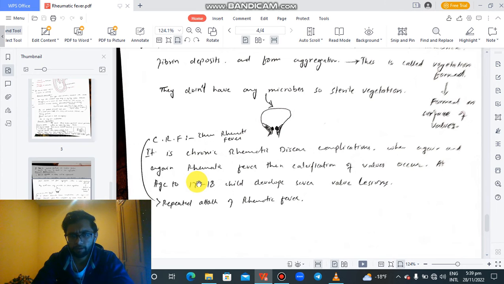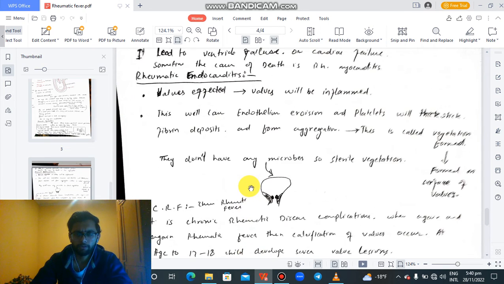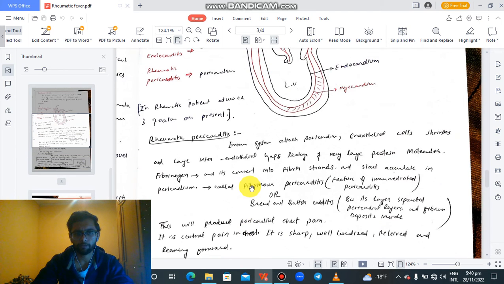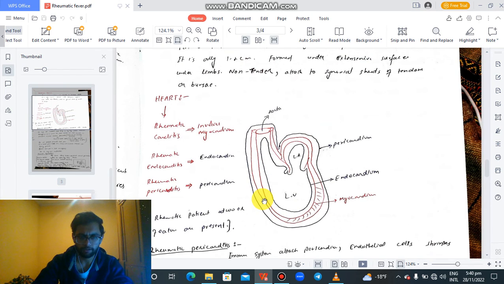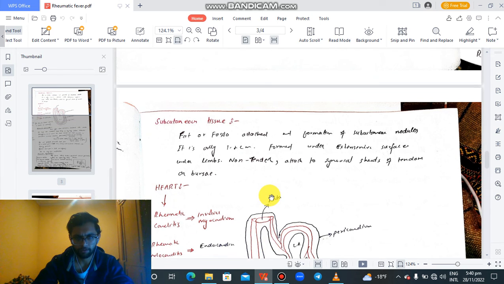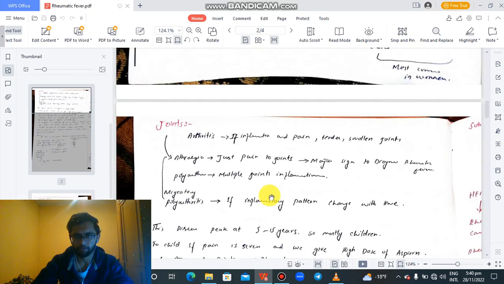If the patient is not treated, then rheumatic fever attacks again and again, which causes chronic rheumatic fever and damage to the heart muscles, leading to congestive heart failure. So this is the topic today. It is a brief introduction about rheumatic fever, what it is and what its complications are. We will discuss the most common complication, which is heart pathology. In cardiac pathology, we will discuss in detail rheumatic heart disease, including endocarditis, pericarditis, and myocarditis. Aschoff bodies we will obviously discuss in detail in rheumatic heart disease in the cardiac pathology playlist.